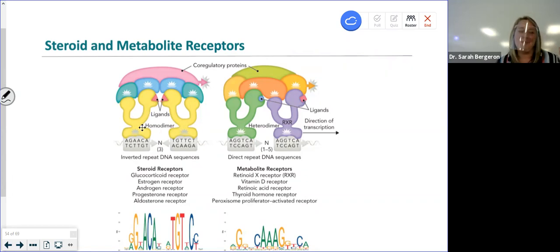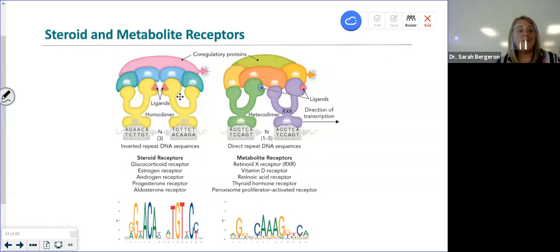So typically transcription factors work in pairs. They either work as a homodimer or they work as a heterodimer. So sometimes they're going to bind the same ligand. Sometimes they need to bind to different ligands. So each of these transcription factors cannot work by themselves, right? Typically, alone, they don't associate with any other co-regulatory proteins. But once the dimerization occurs, now it's actually going to recruit co-regulatory proteins that then promote transcription of a gene,